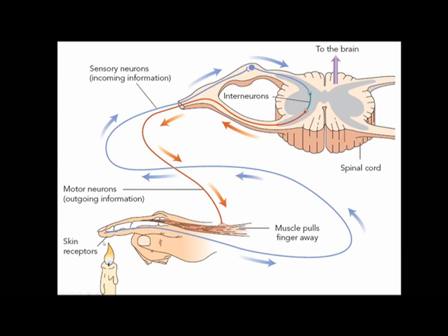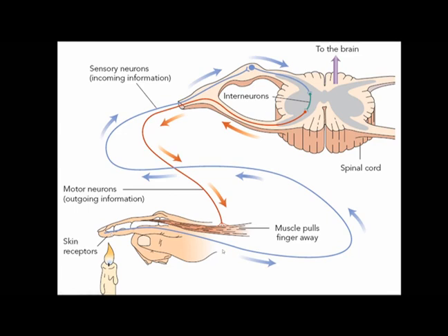But if we're looking here, looking at the blue signal first, we have skin receptors. So they're going to be picking up on temperature. And so those sensory receptors in our skin will pass information along to a sensory neuron,